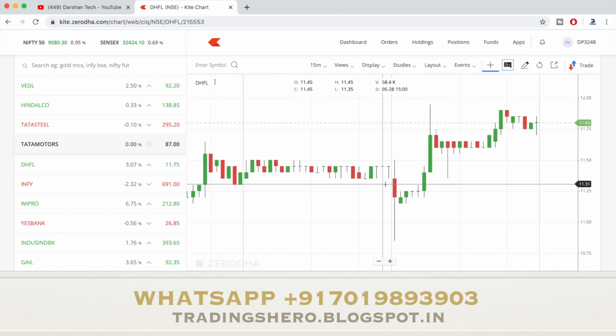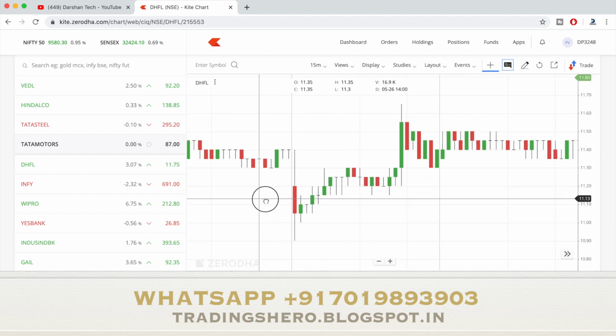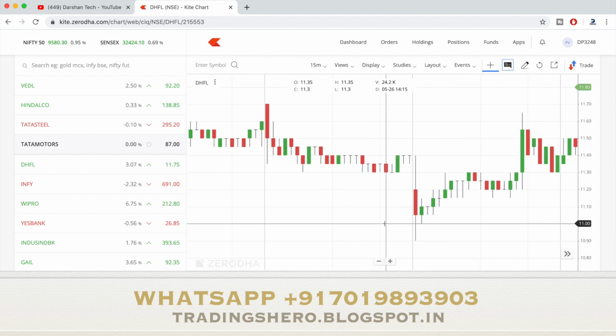Okay, because these stocks will not have good movements. So when you see a chart like this, you should avoid it. And one more thing guys, when you're picking a stock for intraday trading, make sure you pick a stock above 150 rupees. So the stock above 150 rupees will always have a good movement, and pick a stock from Nifty